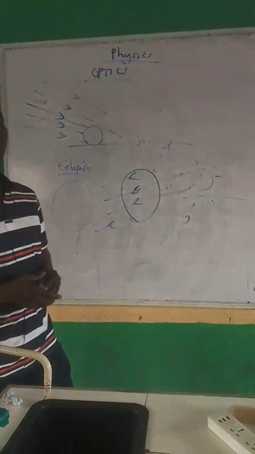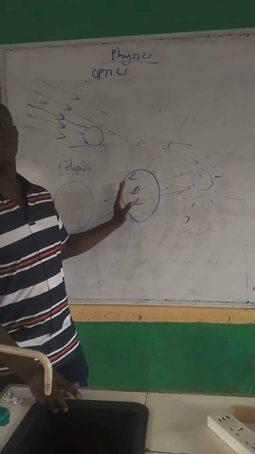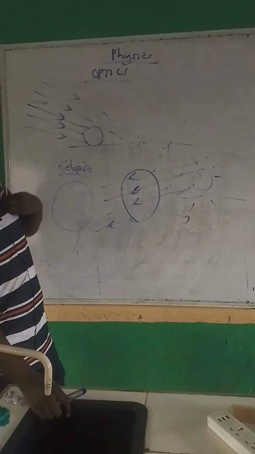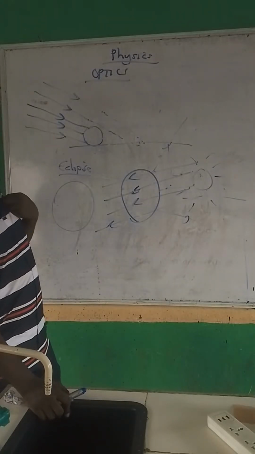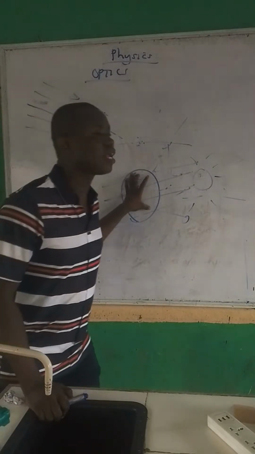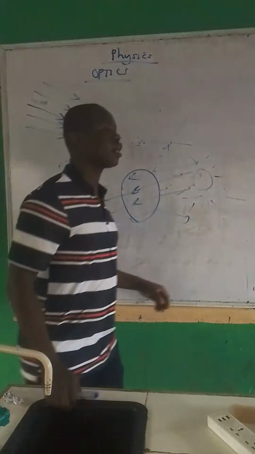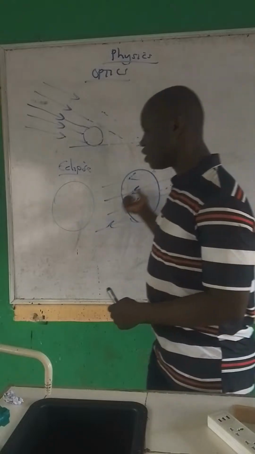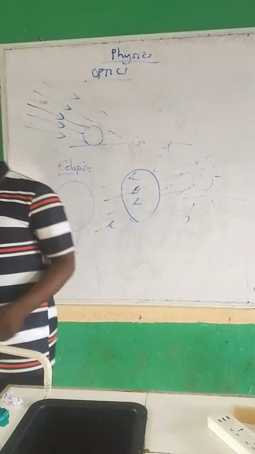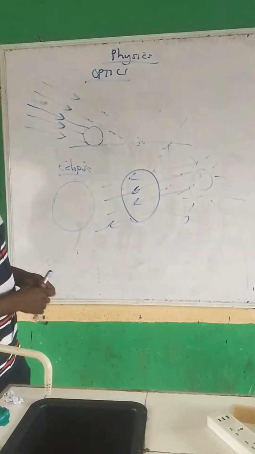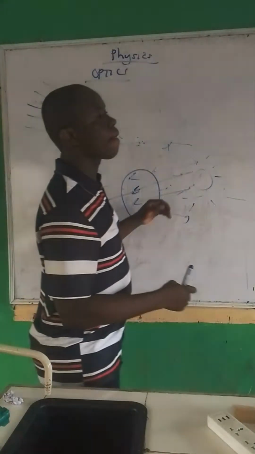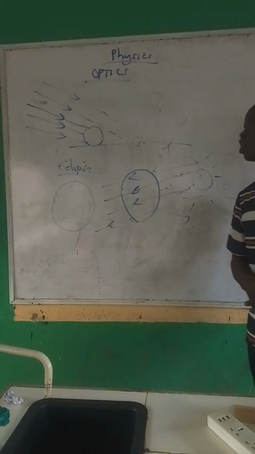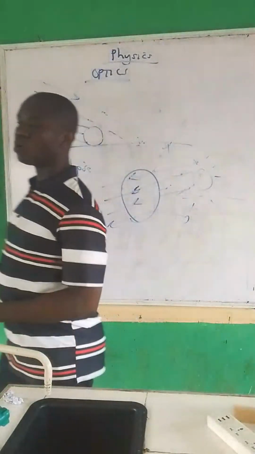The moon will cut off the light from the sun to the earth. It will not be supplying the earth with its own light. Since the light from the sun has been suddenly cut off, that is what we call an eclipse. We call it a solar eclipse, which is the eclipse of the sun. The eclipse of the moon is also called the lunar eclipse, and it occurs when the Earth comes in between the sun and the moon.